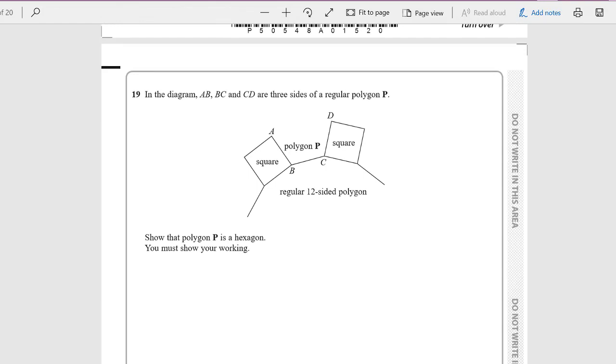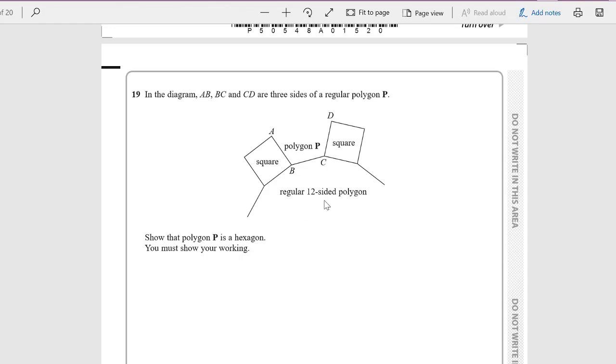Question 19. In the diagram, AB, BC, and CD are 3 sides of a regular polygon P, and show that polygon P is a hexagon. You must show your working out. Okay, so